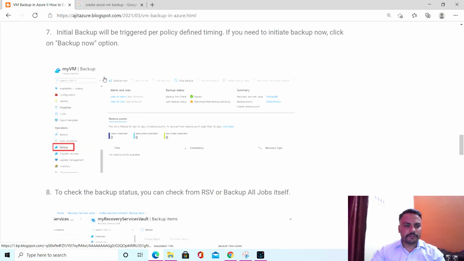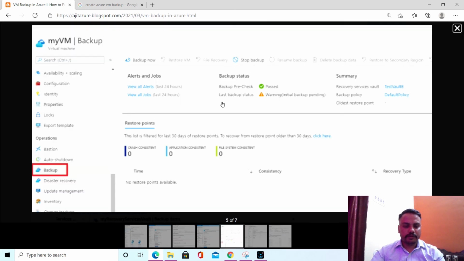Okay, so this page you will find. Here you will see the recovery services vault, and this is the backup policy. And if you configure backup on a newly created VM, you will always get this warning: initial backup pending.